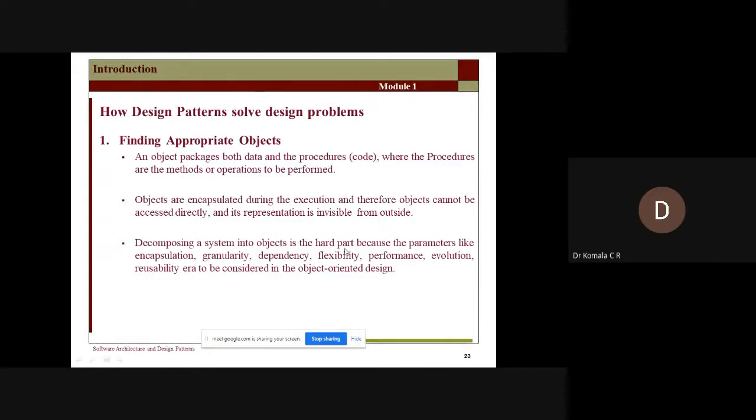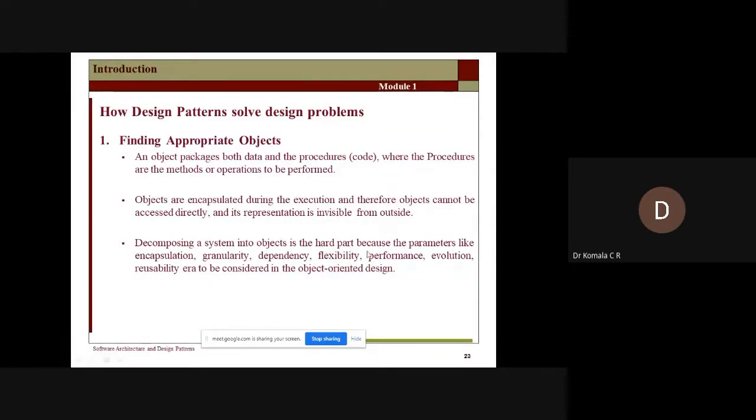Then we also have to take care of flexibility. What is flexibility here? We know that we are going to attach additional responsibility. Say for example, you have 4 subsystems in the architecture and you want one more operation. I will attach one more stage, I will attach the responsibility, I will add one more subsystem and cascade it to the existing one. So your design pattern is flexible. Therefore, the objects will run dependently.